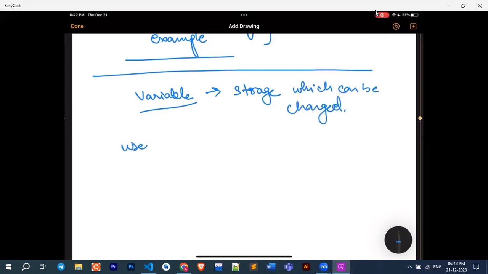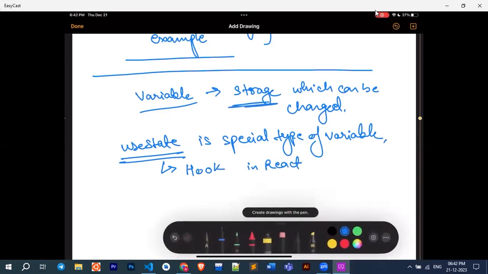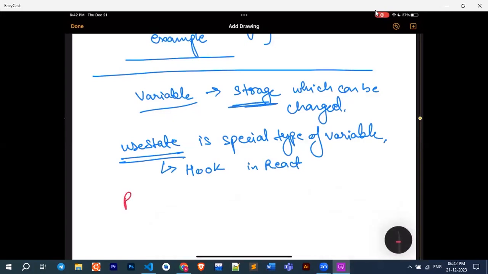So useState is a special type of variable. This is it. This is what a useState is. In technical terms, it is known as a hook in React, but its purpose is just storage. So if I say that the purpose is storage and to reflect,